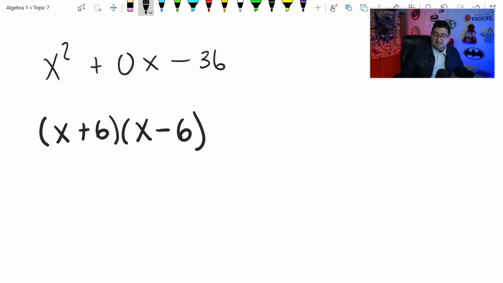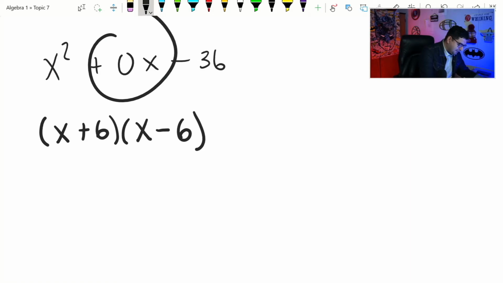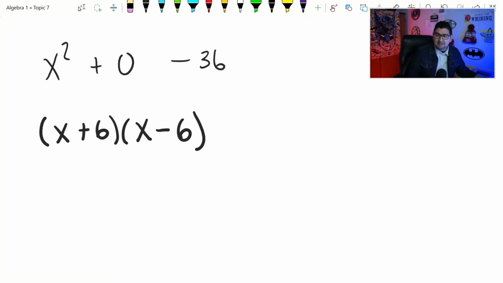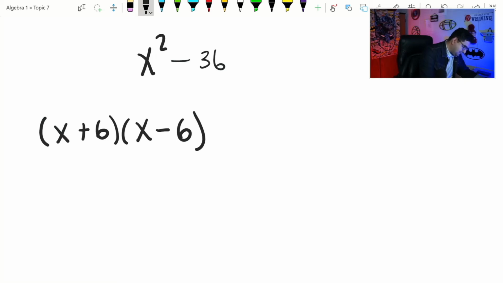This right here is actually a difference of squares trinomial, okay? Because what we really have here is a binomial at the top. If you look closely at the middle term, 0x, 0 times x is the same as 0. So I really don't need that x there. But erasing the x, you also come to realize that I really don't even need that 0 there. So really what I have is x squared minus 36, which at first you can think is just a binomial,